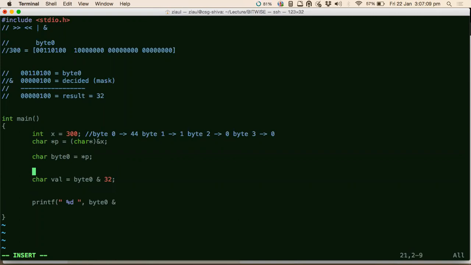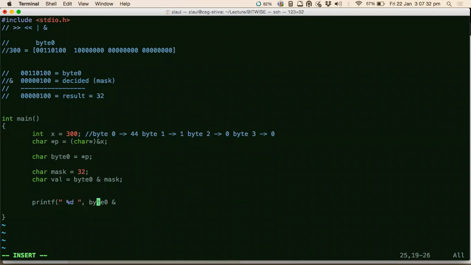Or, to make it nice and clear, you could say mask and say 32, and then you do with a mask, right? What will be the value? What will be the value containing? Tell me now. What will be this value? The character, this one, this value. Yeah, now it will contain 32.